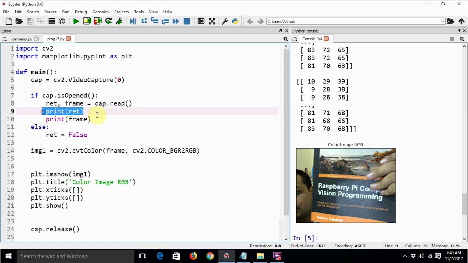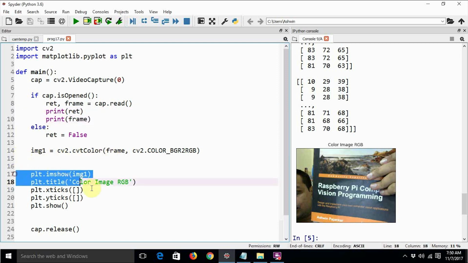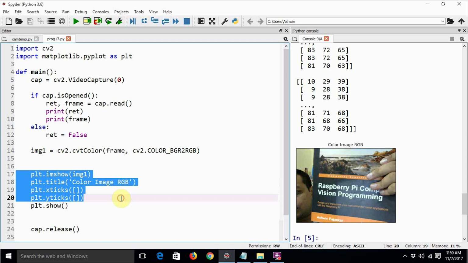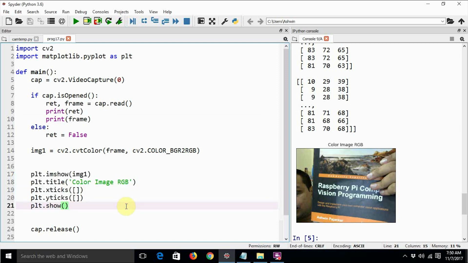Then we print the value of the return variable as well as the frame. And finally we can show the image using plt.imshow or OpenCV's imshow function. So that's how we work with a webcam.